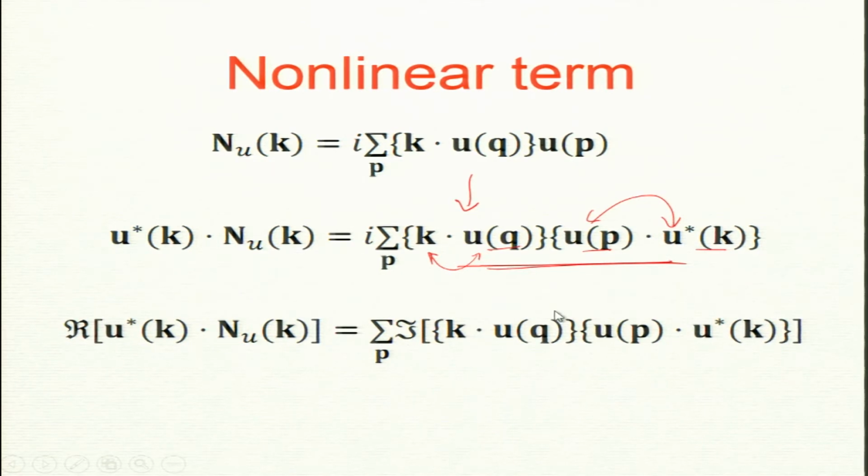So, now this is straightforward: if I take a plus ib times i, and take the real part, what will that give you? Minus b, right? Minus b. So, it is the imaginary part which comes into play. So, the imaginary part here. So, I missed a minus sign, right? So, there is a minus sign here. Okay. So, this is the nonlinear term. Of course, we will simplify it further and further, but for the next set of lectures I am going to use this and compute them. Okay.